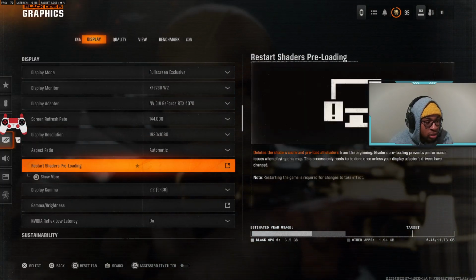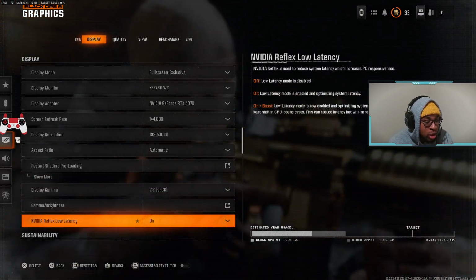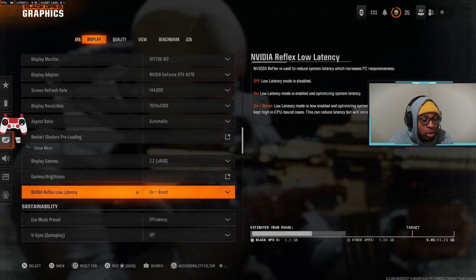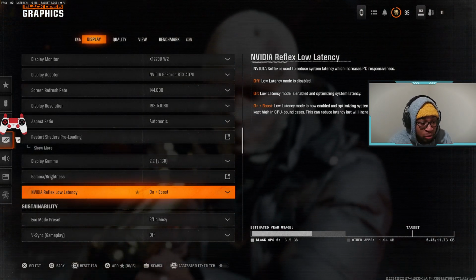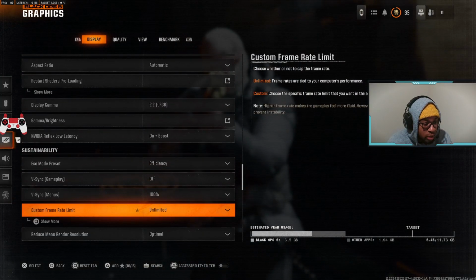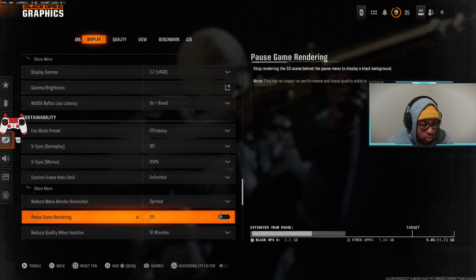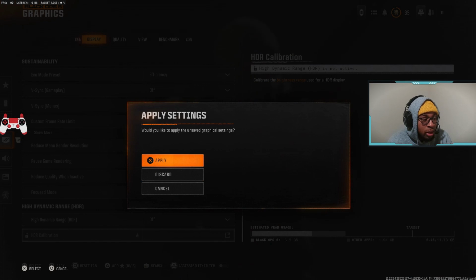Aspect ratio, leave that to automatic, and then just copy these. NVIDIA Reflex low latency, this should be on plus boost. Ensure that this is on plus boost, right? The eco mode, efficiency, and then copy these custom frame rates. This should be unlimited. Optimal, just copy these settings for the rest and